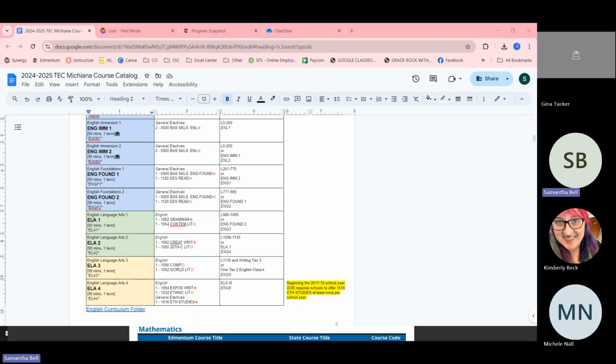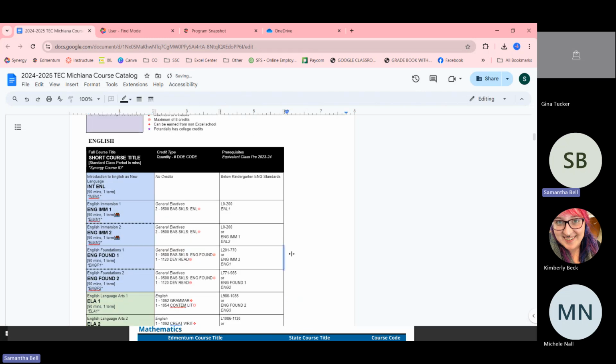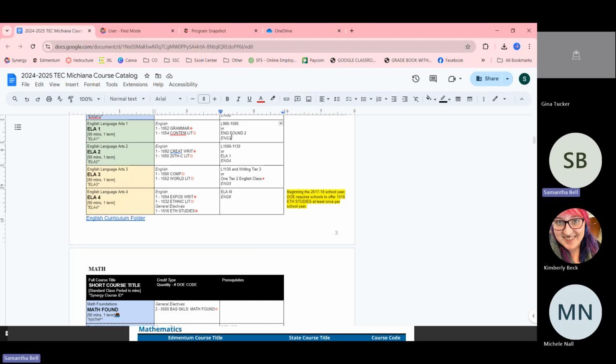Easiest way to look at this is whatever you are using for your course catalog. Anytime that you have more than one credit, and when I say more than one credit, I don't mean two of the same credit. I mean they're completely different IDOE numbers. So for this ELA 1 example, you get a 1062 grammar as well as a 1054 contemporary lit credit every time that a student takes it. The way that this looks in Synergy